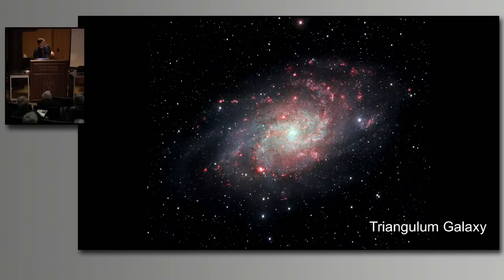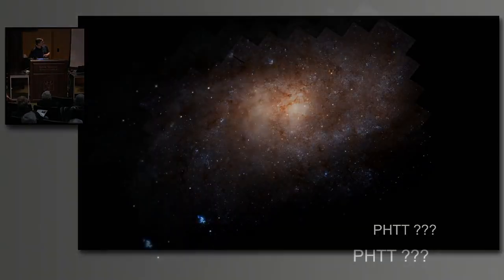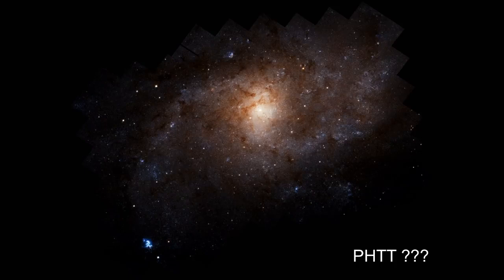So this is a ground-based picture of the Triangulum Galaxy, and Hubble is going to do that same mosaicing on this field, and we covered approximately that much of the Triangulum Galaxy, and this 500 million pixel mosaic looks like that. And you say, well, that's not really cool. Well, you're seeing it on like 1 megapixel, okay? So the 500 megapixels aren't a thing. But just see, there's an incredible amount of detail.